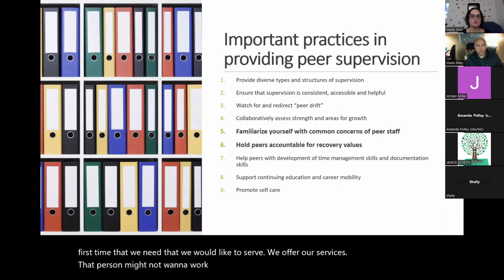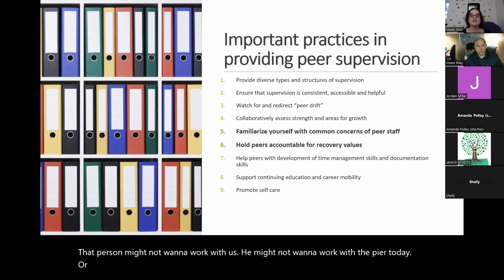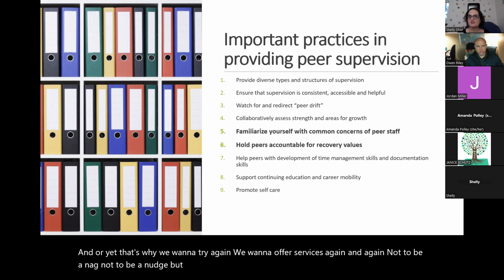He might not want to work with the peer today, or yet. That's why we want to try again. We want to offer services again and again, not to be a nag, not to be a nudge, but to realize that people change their minds, and that when they change their minds, we want to be there to support